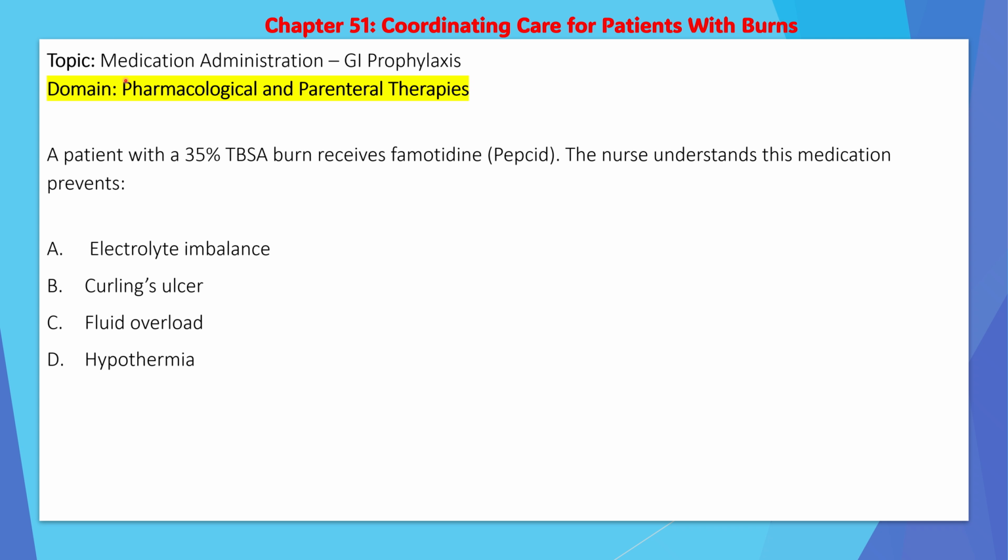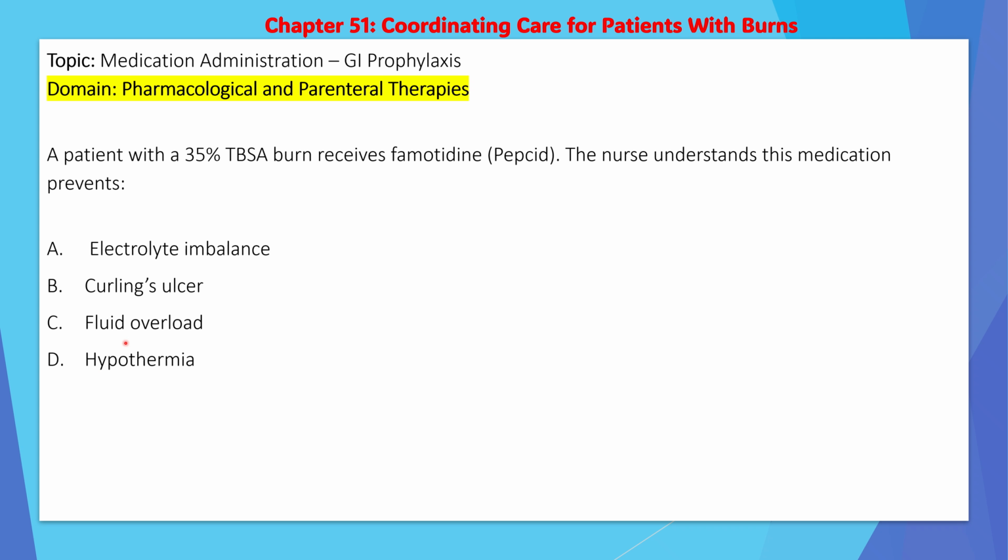Next topic, medication administration, GI prophylaxis, NCLEX domain, pharmacological and parenteral therapies. A patient with 35% total body surface area burn receives famotidine, Pepsid. Because it's a GI medication, the nurse understands the medication prevents A. Electrolyte imbalance, B. Curling ulcer,